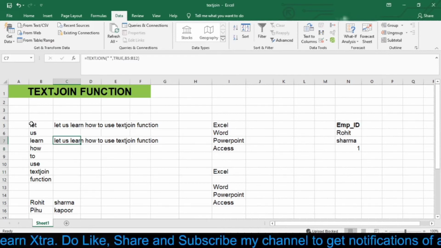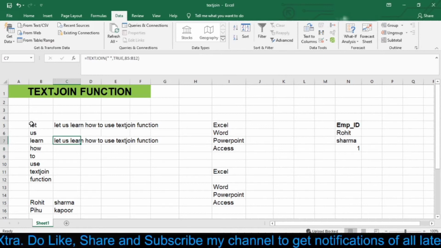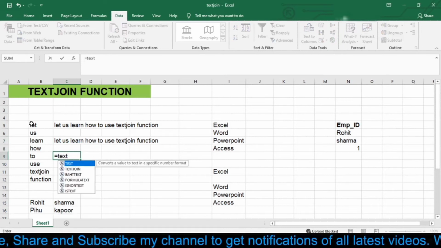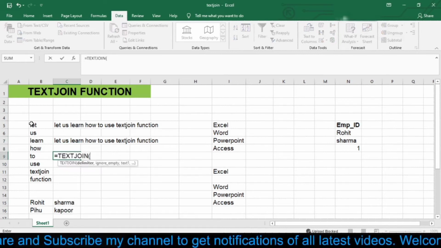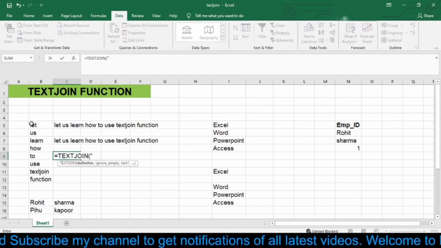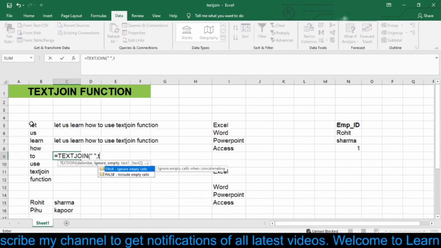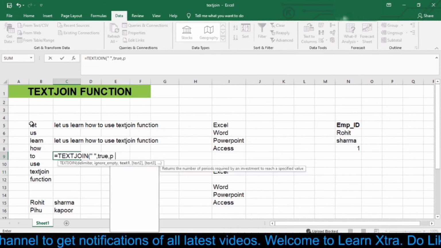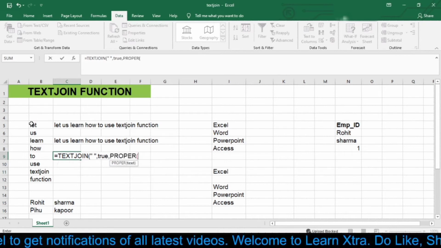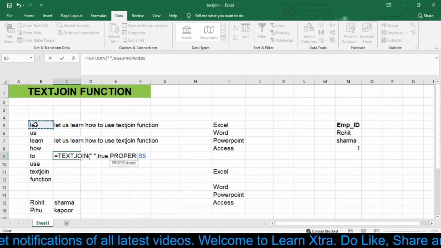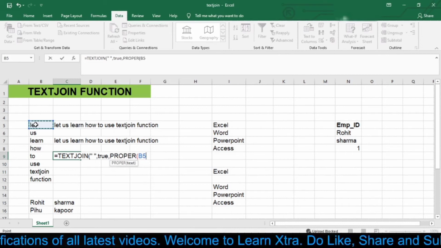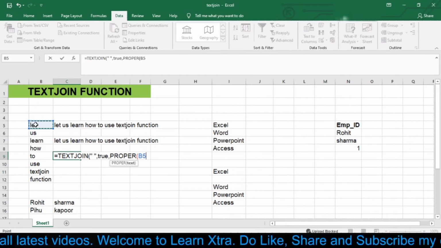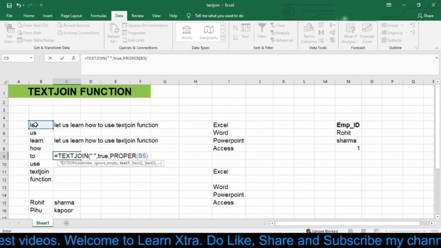So here I got my text in one cell only, but there is something missing in it. I want my text to be capitalized, that is, I want the first alphabet of my text to be in capital letter. So for this we will again use the TEXTJOIN function. Simply type equal to TEXTJOIN, then in delimiter again give a space between double inverted commas, then true, and then use the PROPER function, open bracket, and then select your cell, that is "let" in B5 cell, and then close the bracket.